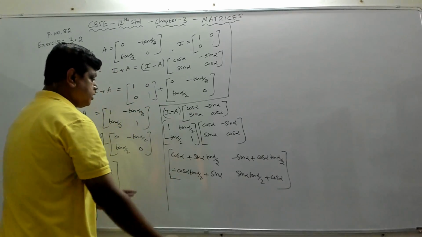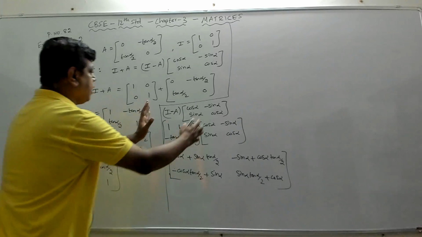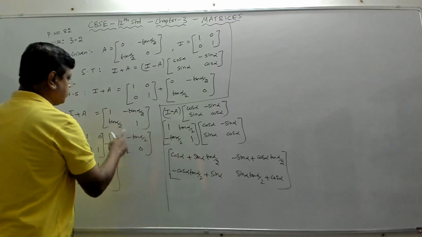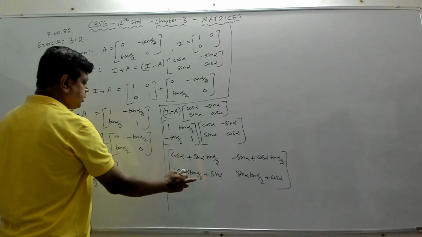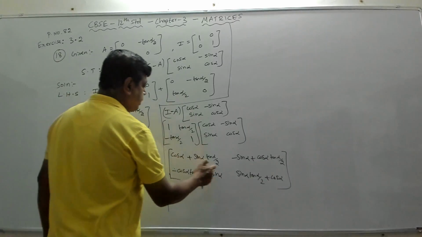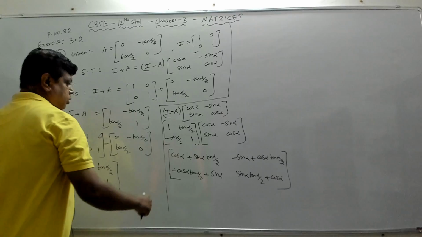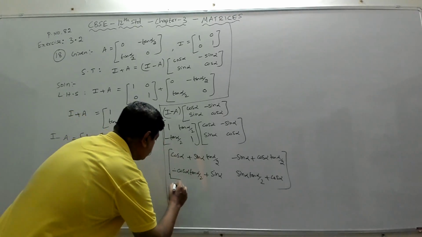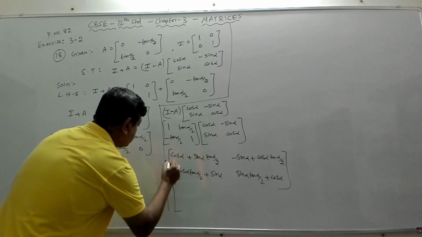But this whole value should be equal to I plus A. This should ideally give me 1. And here I should get tan alpha by 2, and this should also be 1. Actually both these two are the same. So if you get 1 here, this will also be 1. But to prove that it is equal to 1, let's apply some trigonometric formulas.